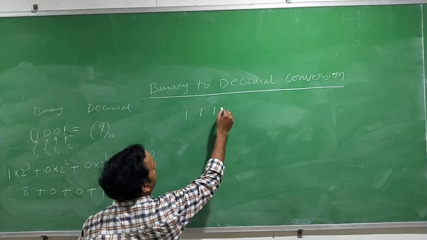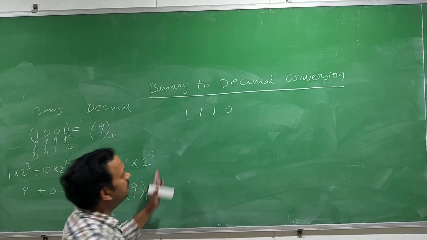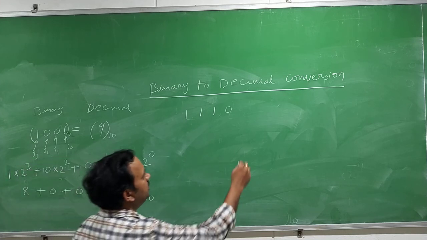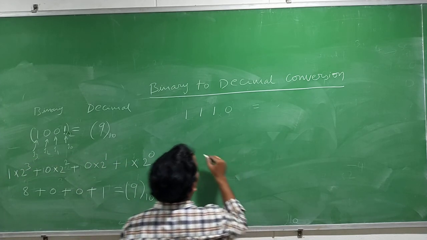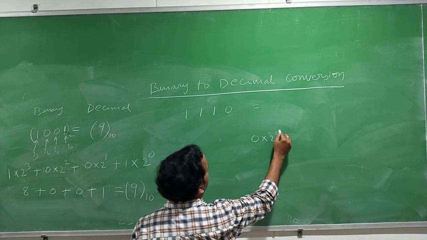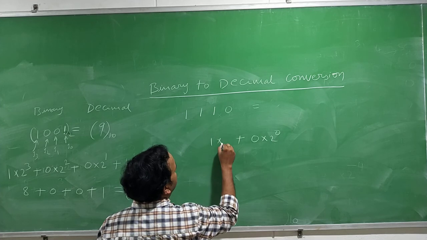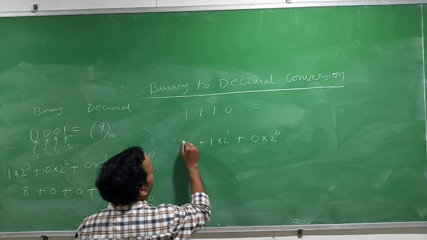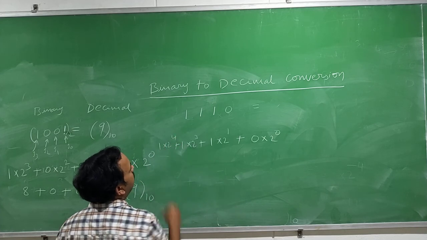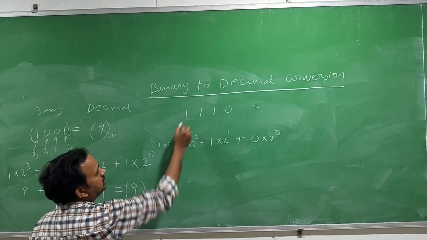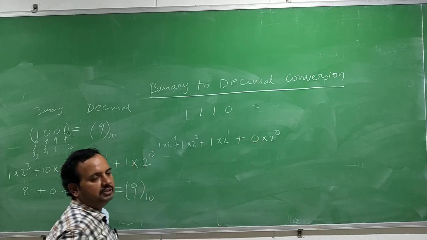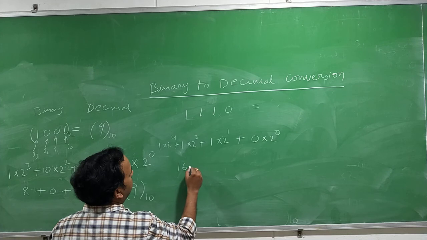Another example, just we will mark. This is 11110 we have. What is the equivalent decimal number of that? We need to know. So how will you write this: 0 into 2 power 0, 1 into 2 power 1, 1 into 2 power 3, 1 into 2 power 4. This is the fourth position, this is the third position, this is the first position, this is the 0th position. So you will get 16 plus